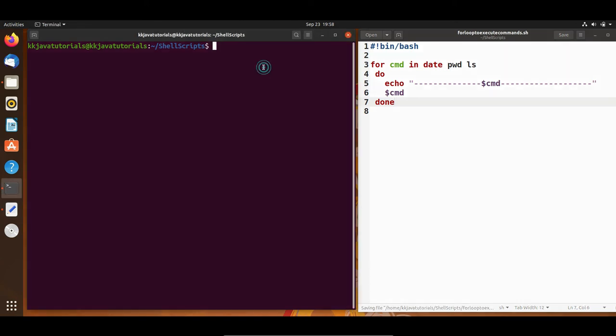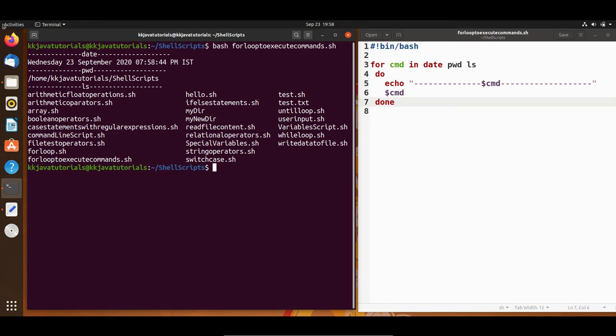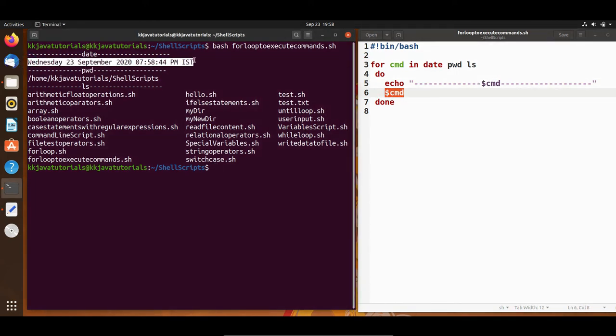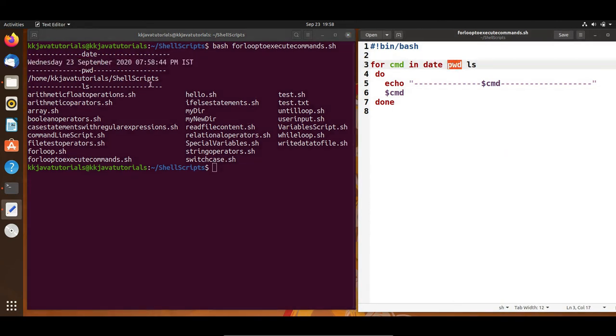Now if I run this script, let's see how it works. Here I'm going to write bash and the script name, for loop to execute commands. If I run it, you can see the first command is executed. This is the name which is getting printed, and after that this command gives this output. Then the second command is pwd, present working directory.